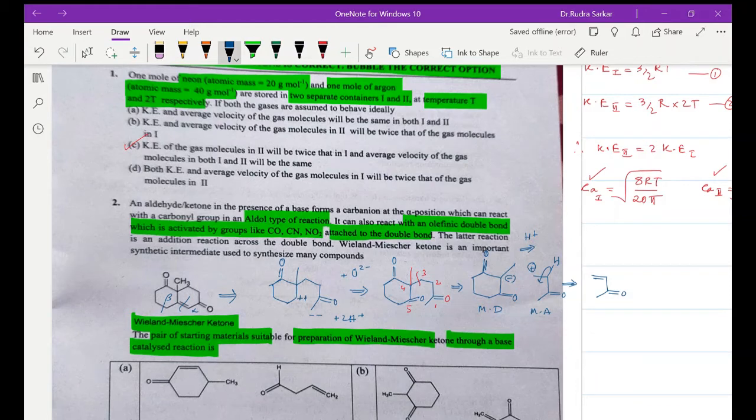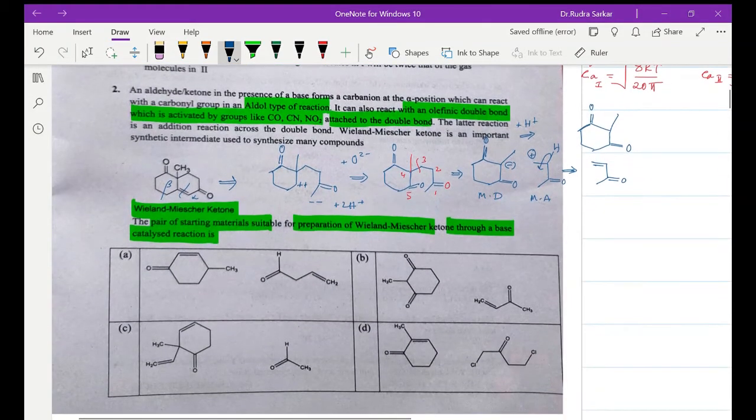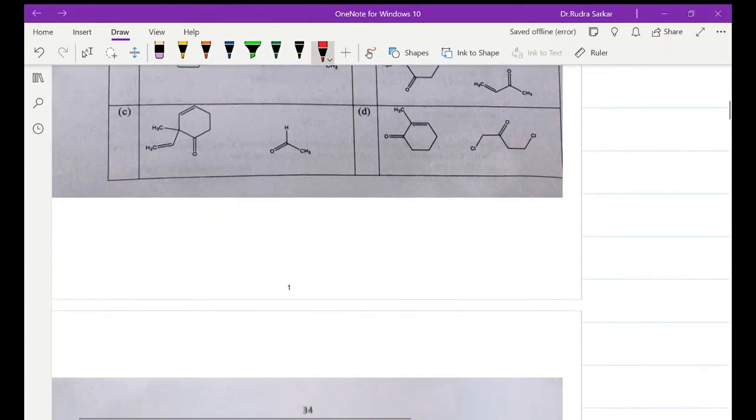Okay, and so your starting products will be as I have shown over here. Now if you compare, you will see your correct answer over here is option B. Okay, next question is